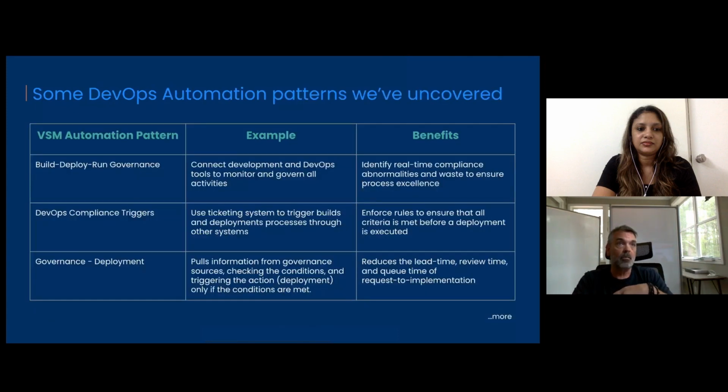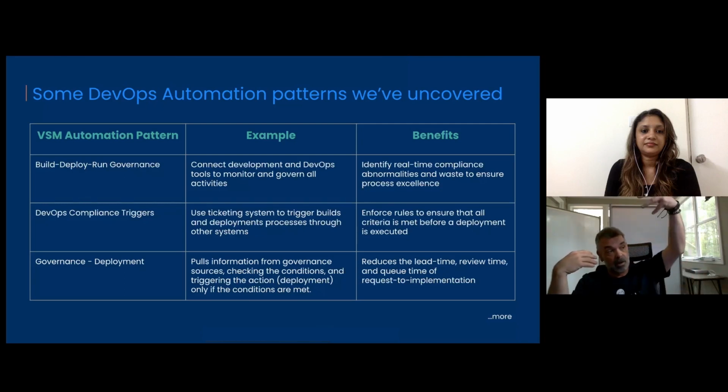So at ConnectAll, we've done a lot of work on this, and we have I don't know how many patterns we've uncovered where there's examples and benefits where automating the flow of work, both from idea to code and production, both the DevOps pipeline and the value you're delivering, and connecting those all the way through, help organizations quite a bit. For example, one of the ones I think we have laid out here is what we call